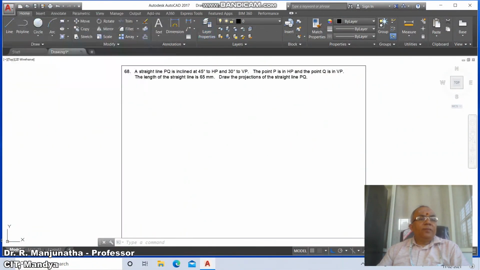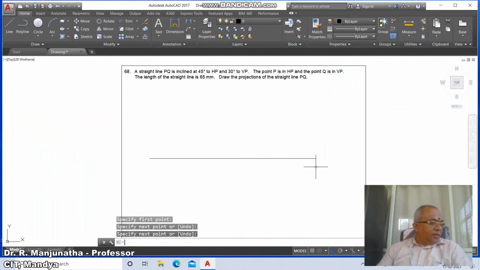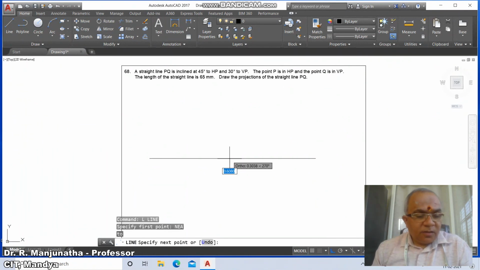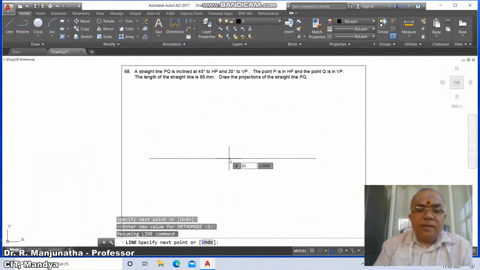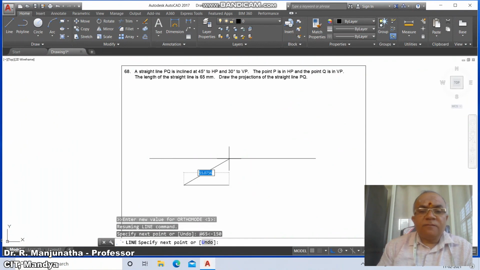Now we will go for line command, draw a horizontal line first. First point, click on the first button of the mouse and drag it here. Now as you see, the line has to start from the XY line, so I will take a line, take the nearest point NEA and enter, select any point on this, and at the rate of 65 less than minus 150 degrees, because it is 180, it is minus 150.